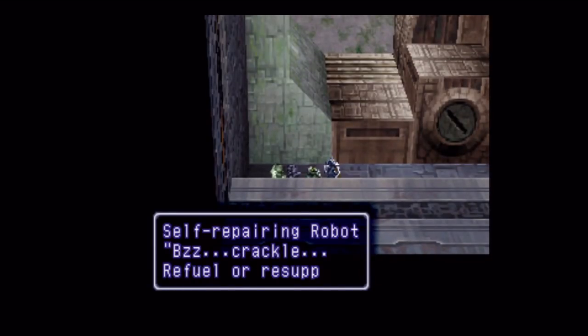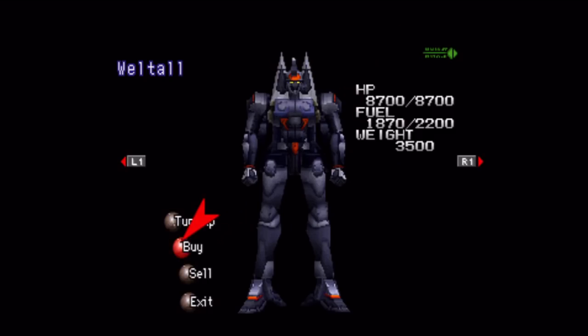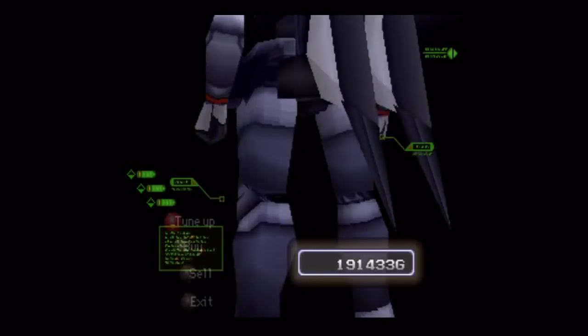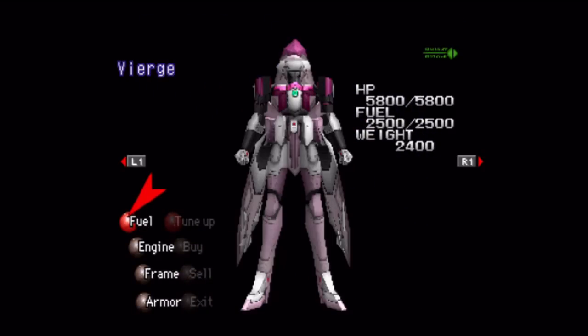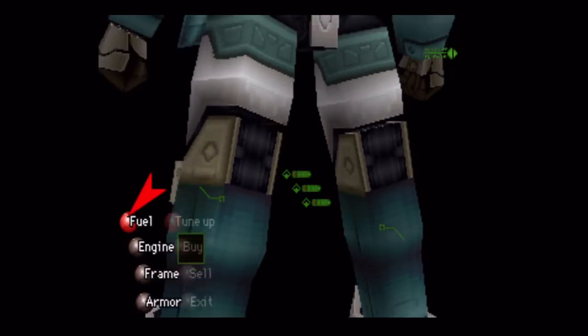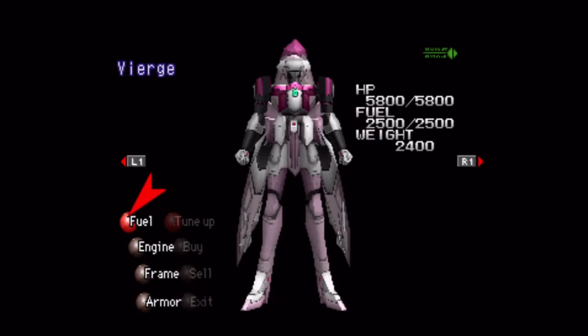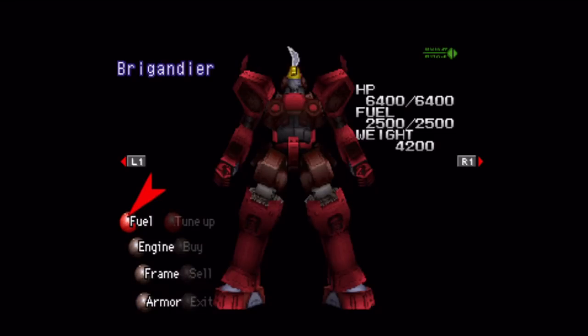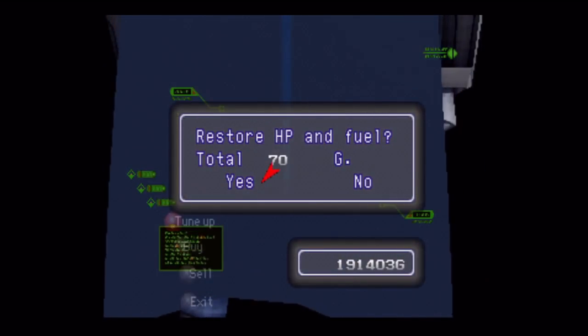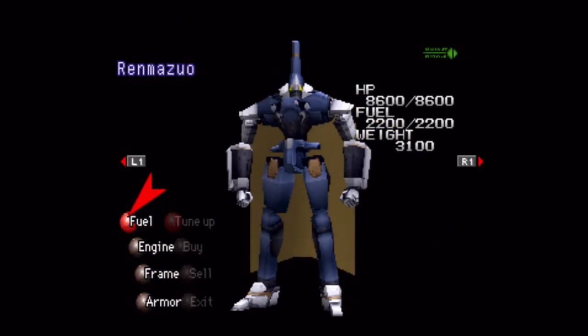Especially if you get to this guy, who can refuel, and I guess you could buy stuff if you really wanted to, but I don't think there's anything new here. But I would like to refuel if I can get to my other gears. By the way, you could use Virge here instead of Rinmazio if you really wanted to. But part of the reason why I'm using Rinmazio here is because he can already get the job done, even though he deals a little less damage than Virge would,